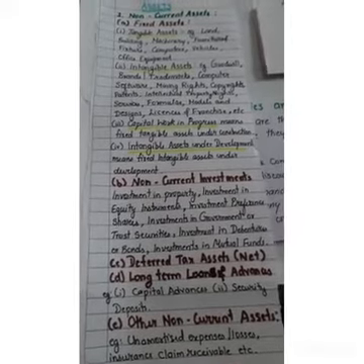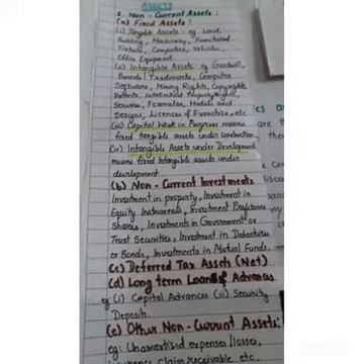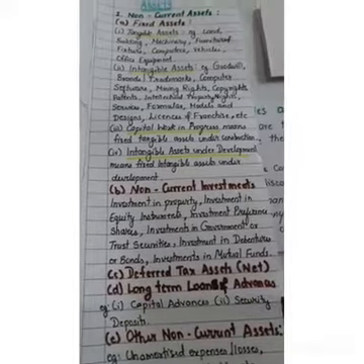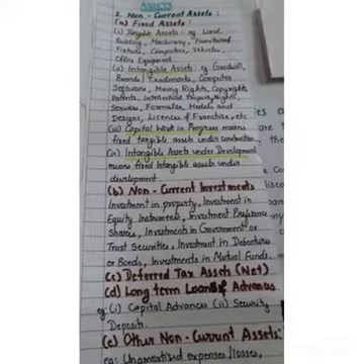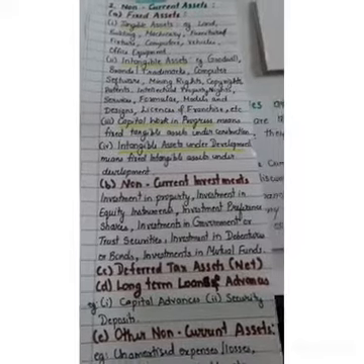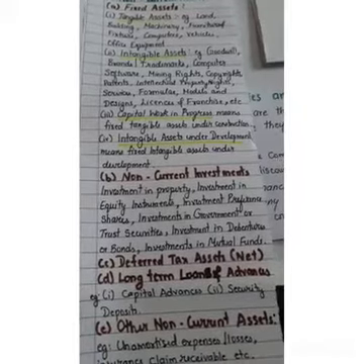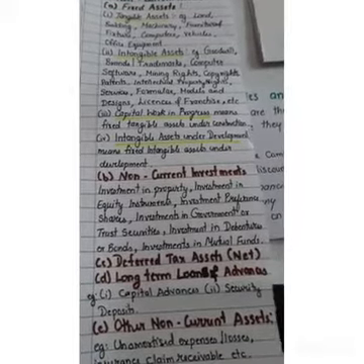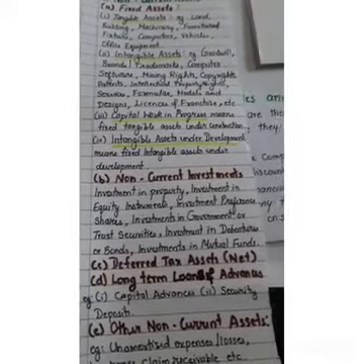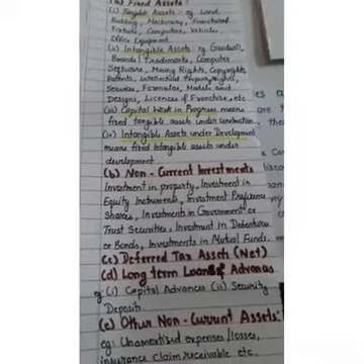Some of the examples of tangible asset: land, building, and all that. Intangible asset like goodwill, trademark, patents, and all that. Then comes capital work in progress. That means if a building is under construction, that will come under the classification capital work in progress. Then intangible asset under development. Then comes non-current investment. Examples are investment in properties, government bonds, shares or bonds, and investment in debentures or mutual fund will be classified under non-current investments.